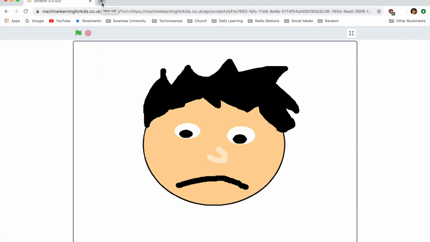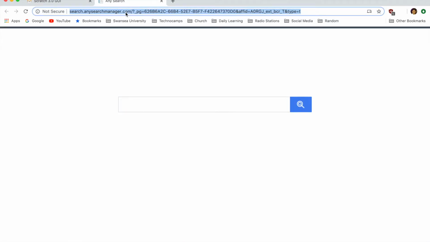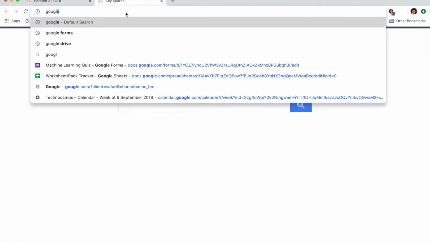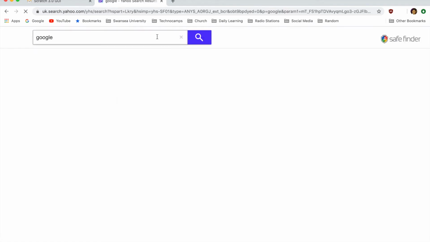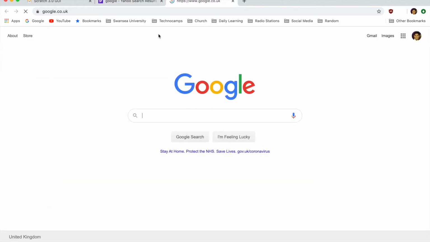Now to start, what you want to do is you want to open up a web browser. In this tutorial, I am using Google Chrome. Now my recommendation is to use Mozilla Firefox or Google Chrome. Web browsers such as Safari or Internet Explorer are not as good. Now once you have a web browser up,